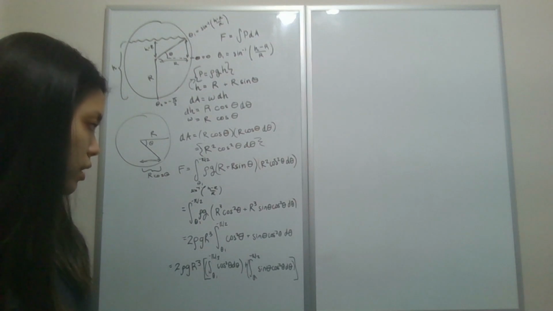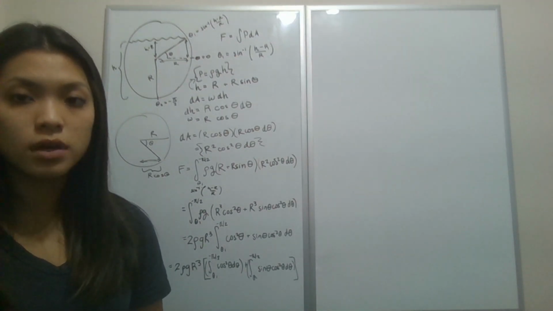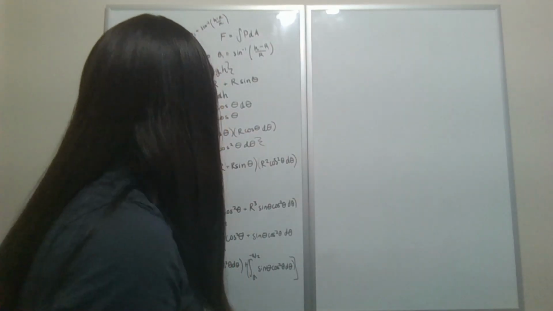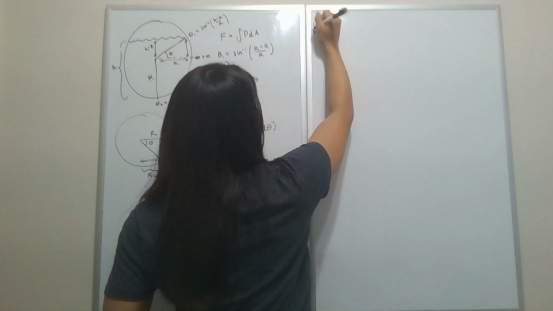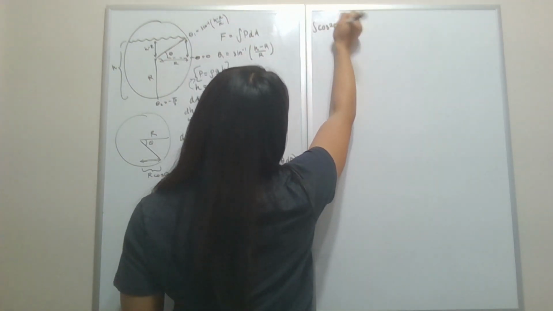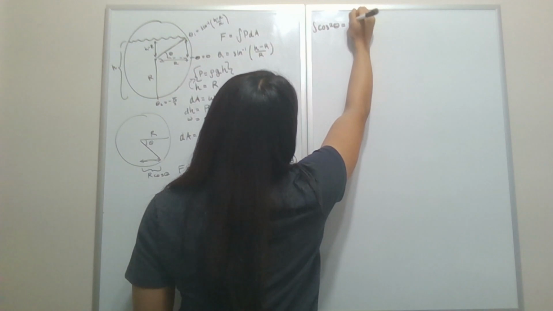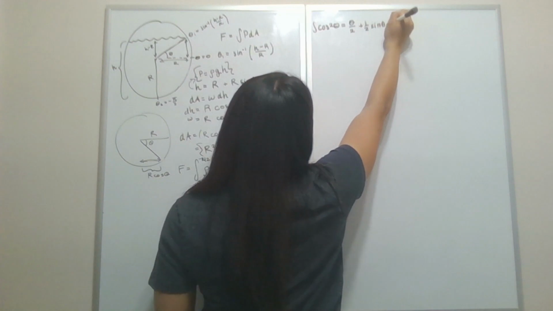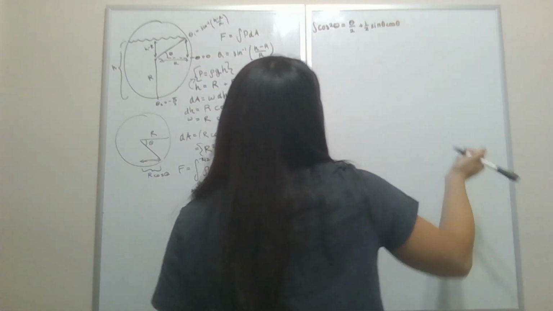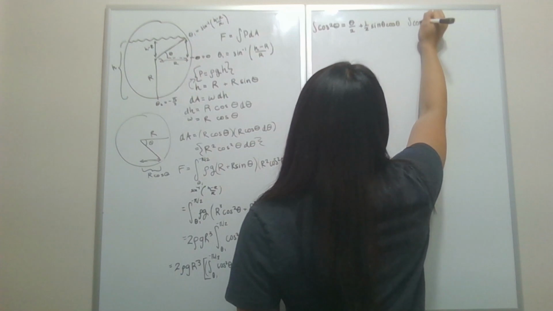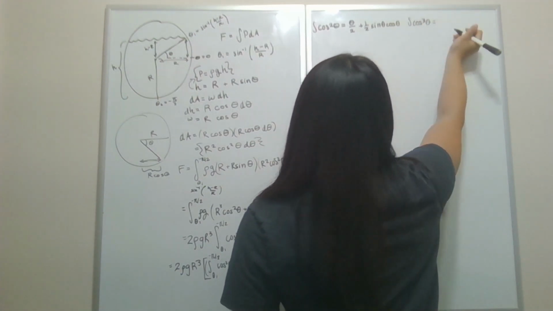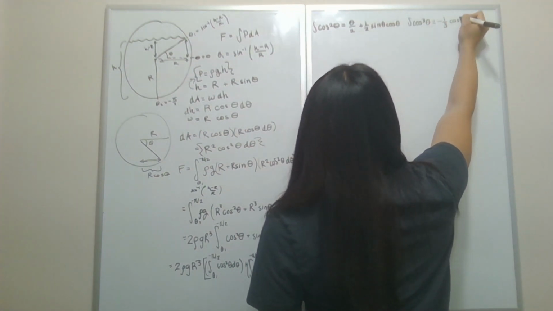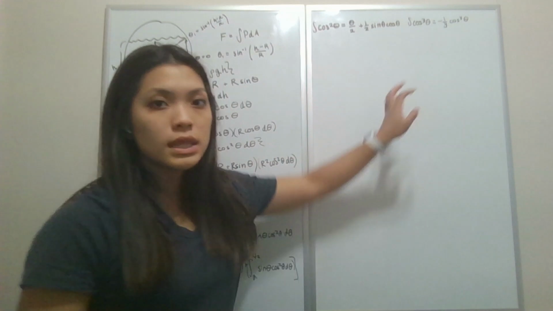And since this integral can be a little tricky, we're going to use Wolfram Alpha. When we plug that in, we get that the integral of cosine squared theta equals theta over 2 plus 1/2 sine theta cosine theta. And when we plug the integral of sine theta cosine squared theta into Wolfram Alpha, we get negative 1/3 cosine cubed theta. So plugging these integrals